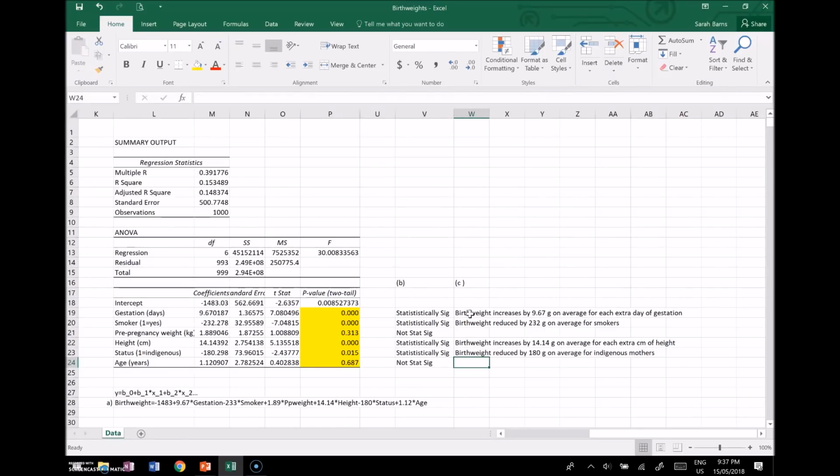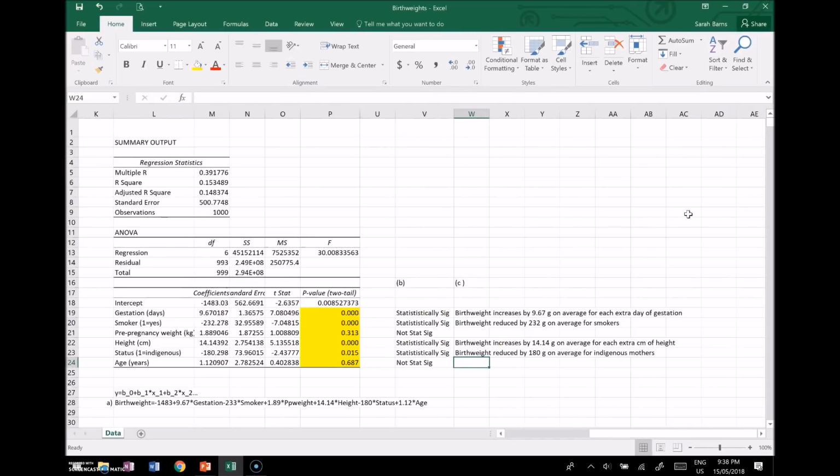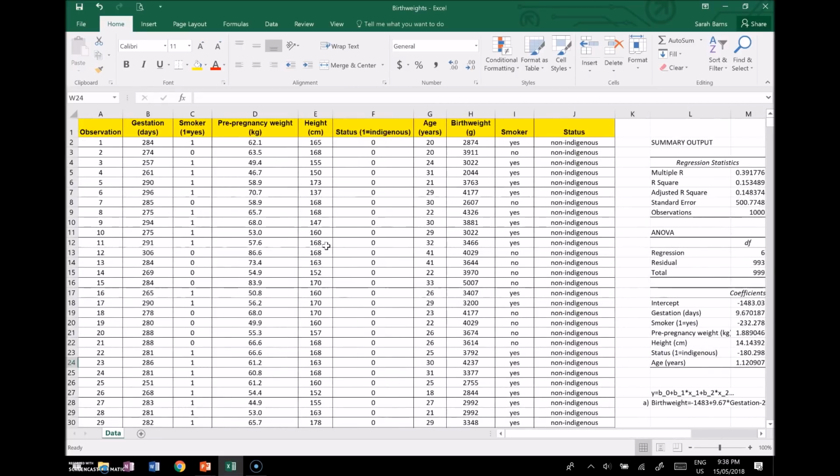Alright, so that there is our answer to part C. Alright, so moving on to part D now. So here we need to look at making a correlation matrix for each of our variables: gestation, pre-pregnancy weight, height, age, and birth weight. Alright, so jumping back over here, we should be able to do this with Excel, but I think